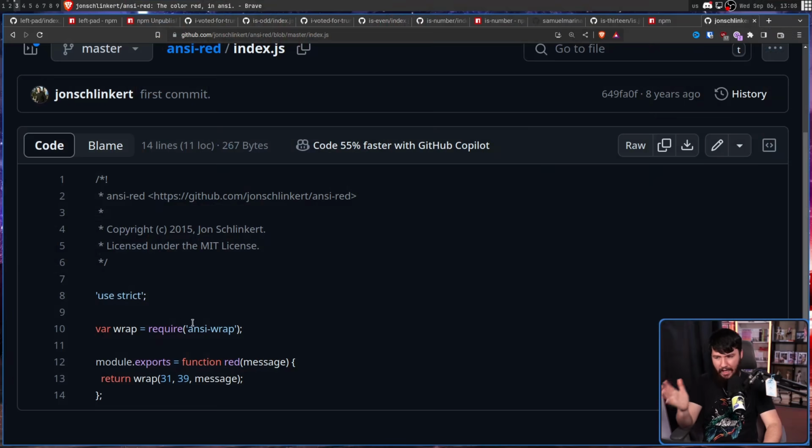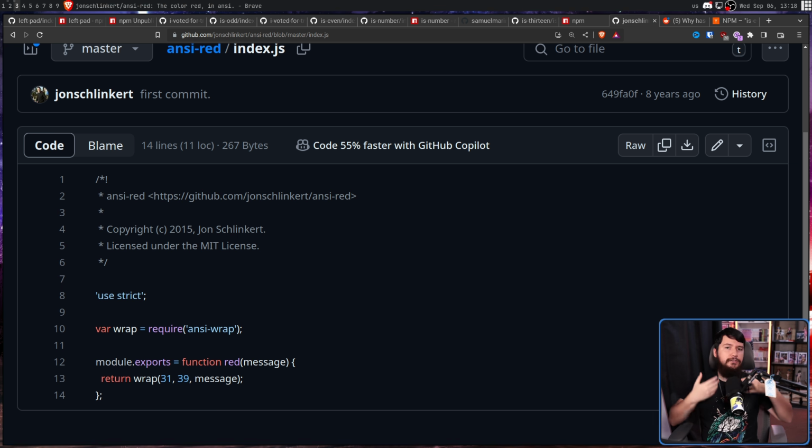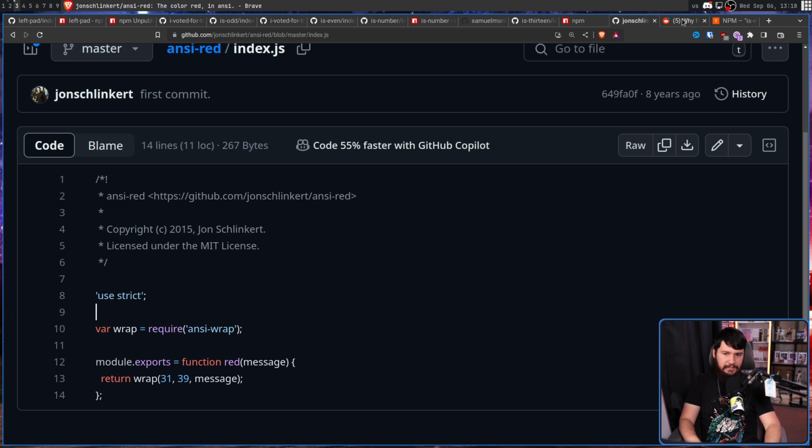Search for any of them on NPM right now, and they are all going to be there, and all created by John Schlinkert. And as you might expect, the packages are as simple as they sound. This is the entire code, along with importing another one. Most of these early packages were created around 2014 and 2015, and over the years, they've been discovered on places